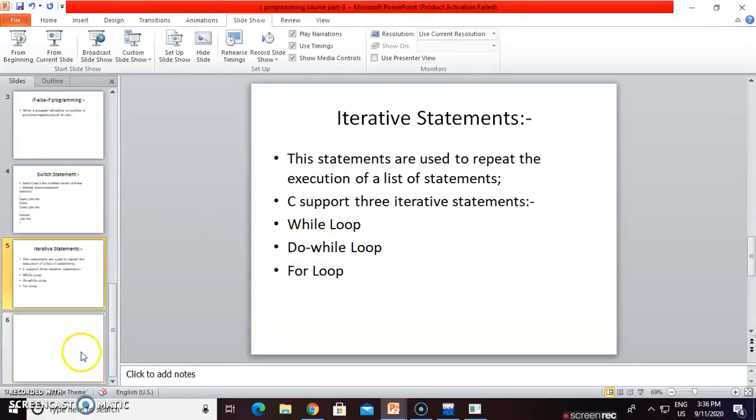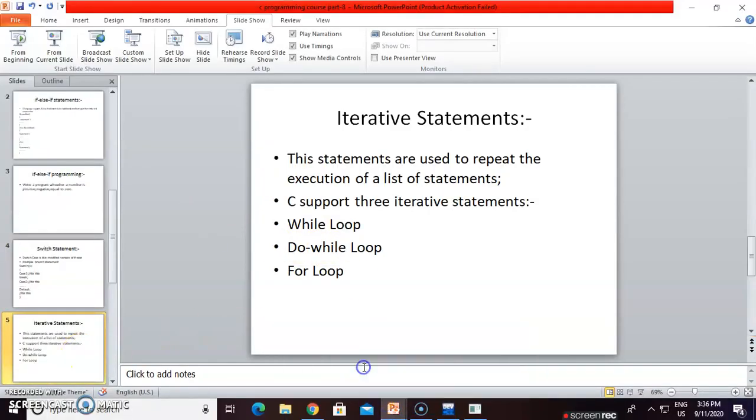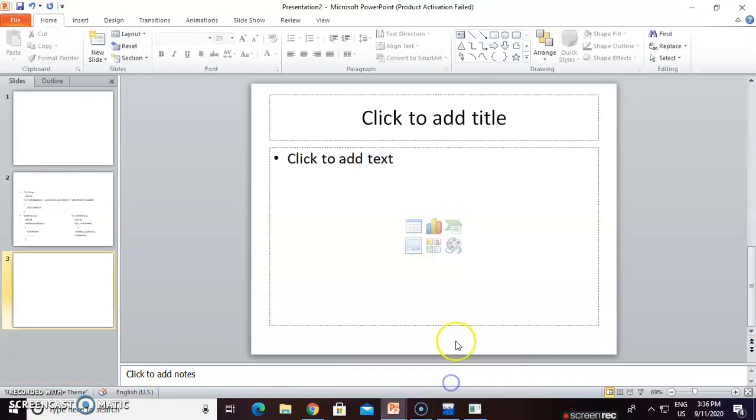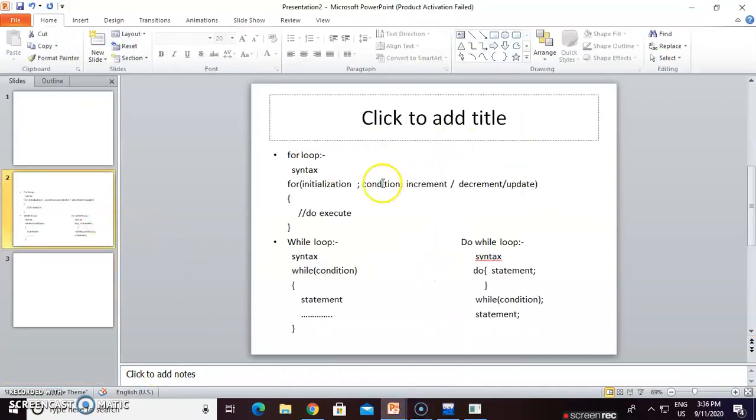Now this is the syntax for the for loop. For is a keyword. After the for keyword, there is an opening bracket.